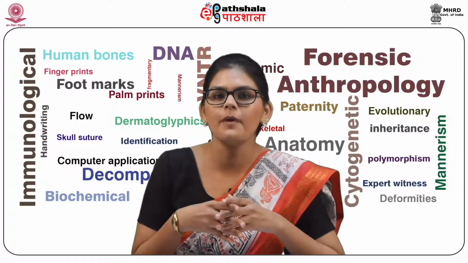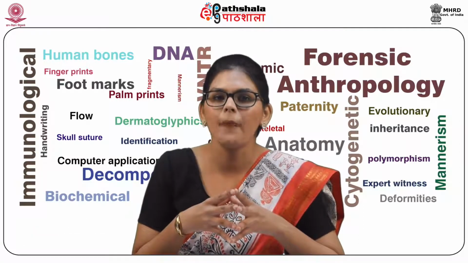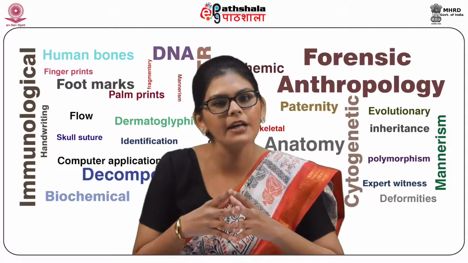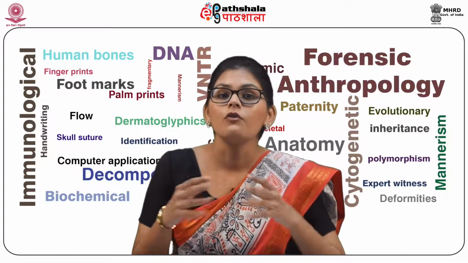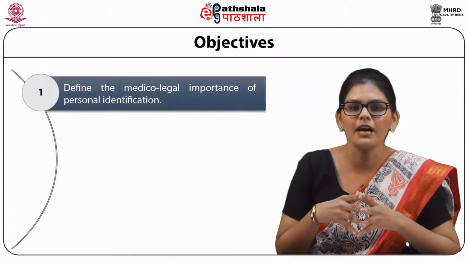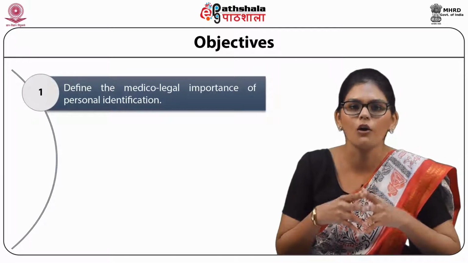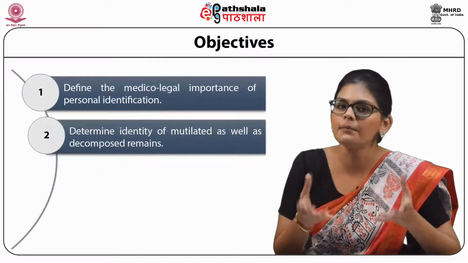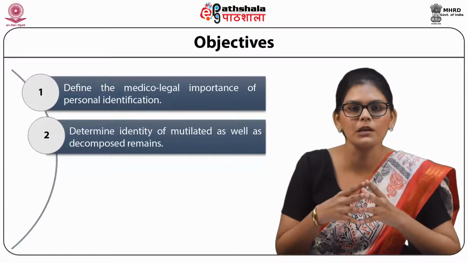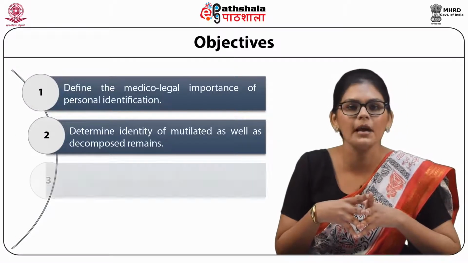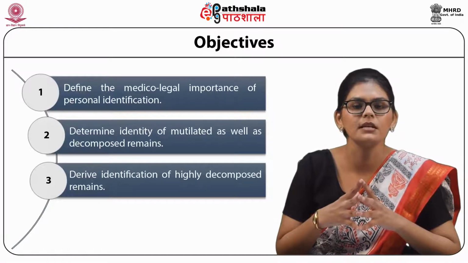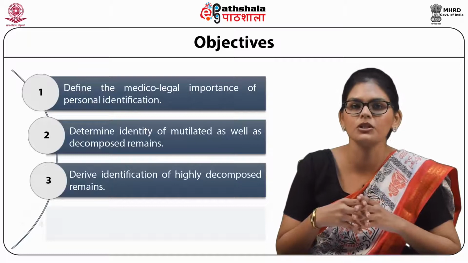Today I will talk about the module Establishment of Partial and Complete Identity from Decomposed and Mutilated Bodies under the Forensic Anthropology paper. Through this module, you will be able to define the medico-legal importance of personal identification, and the determination of identity of mutilated as well as decomposed remains. The students will also be able to derive identification of highly decomposed remains,